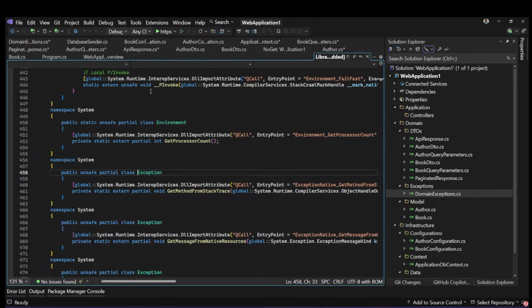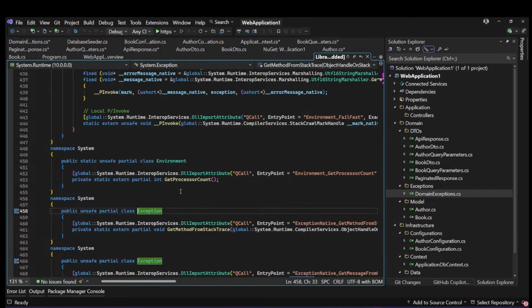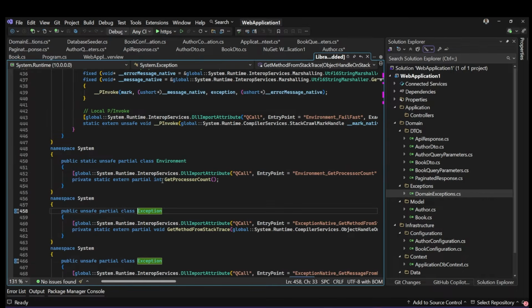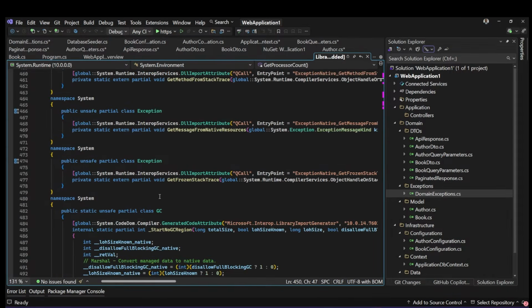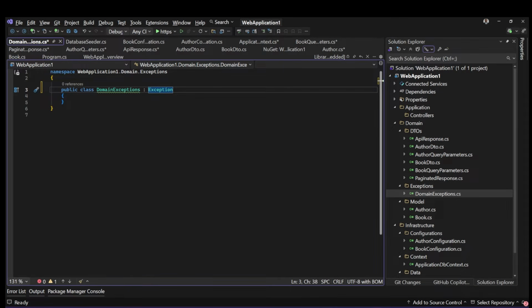So we probably have a way to do it, and you can see it's an interface. It's trying to kind of partial class, and it has this environment interface and everything. So let's go back and then prepare all the exceptions, and then we're going to have a simple exception, because here